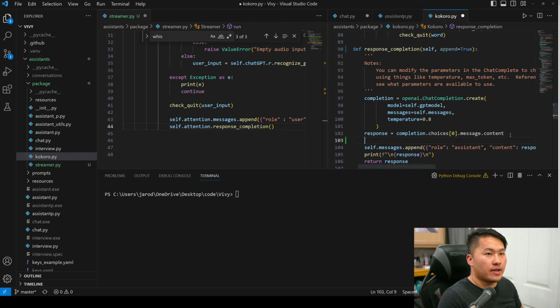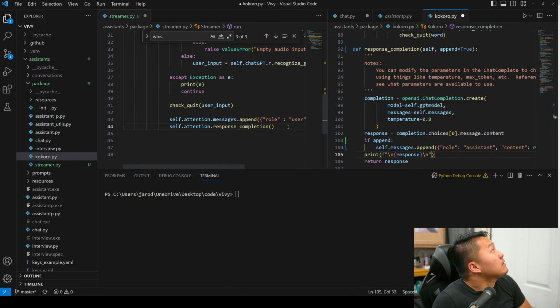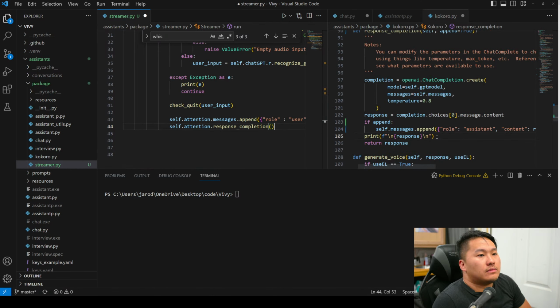All right, and if append. Okay, cool. If append. If not, then no append. Alright, so this is going to return a response, and